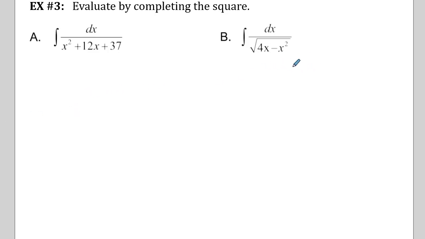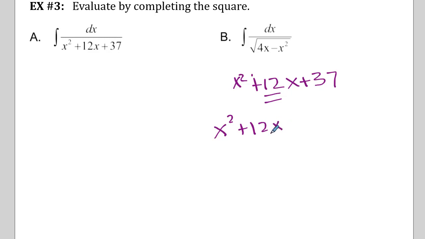So let's complete the square. I'll do it over here. We're going to start with x squared plus 12x plus 37. To complete the square, we take half of the middle coefficient and square it. So that looks like x squared plus 12x, and I'm going to add in half of the middle coefficient squared. Half of 12 is 6, and squared is 36. So plus 36, plus 37